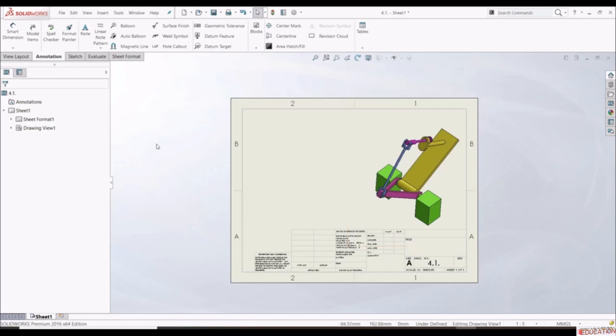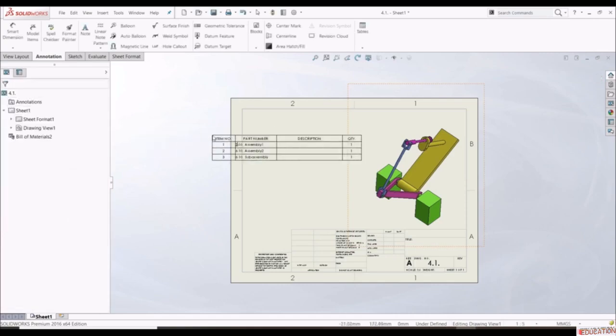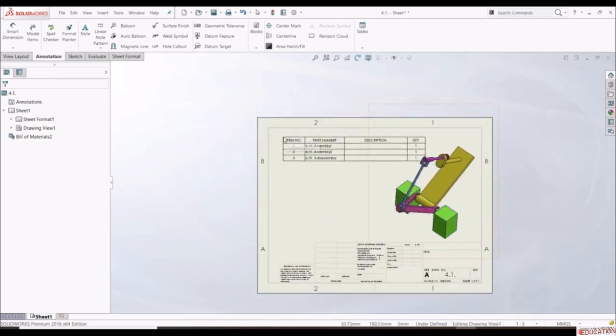So if we want to create bill of material table, we can simply go to Annotation tab, and here we have tables. Let's click here and let's choose bill of materials like this. And now first we have to select a drawing view to specify the model for creating a bill of materials, and we're gonna specify this view. And now we have some options here. For the first time, we're gonna leave options as they are, and let's click OK. Now just move your mouse to the drawing sheet, and now you can position your table where you want. Let's go here,